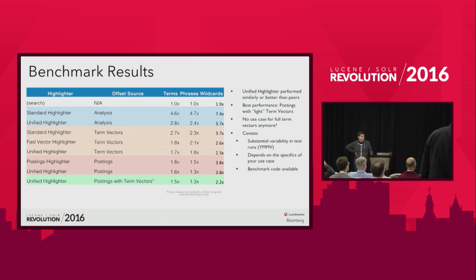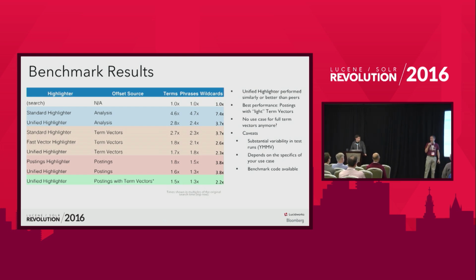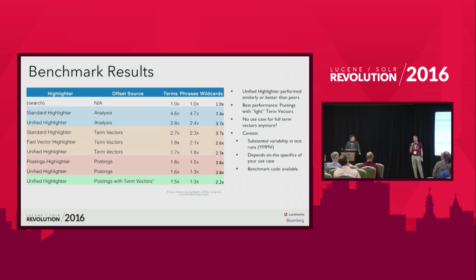That never changed. But the details, like for example, the 1.5 and the 1.6, one of them should be identical, but it's not. Sometimes in some test runs it was faster, sometimes it wasn't. There's one thing I want to take away that I think is very cool here, that we weren't necessarily expecting. When we added the phrase support to this, we thought it would be a little slower because we had to do extra work to make sure we get accurate phrases right. It actually ended up being faster, and that's the difference between the 1.3,